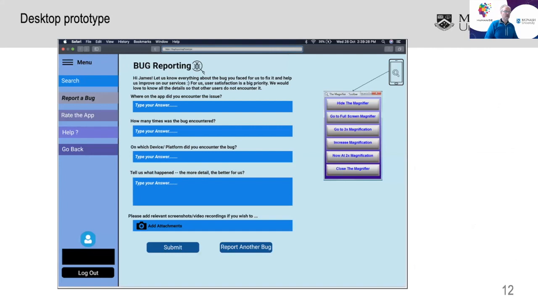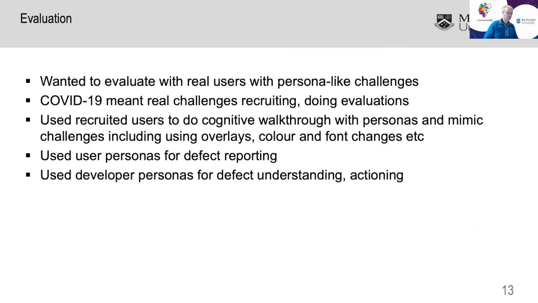Here's an example of a desktop prototype, again with a range of controls provided to allow the user to tailor the interface to their needs. We ideally wanted to evaluate our prototype with real end users, both developers and defect reporters. Unfortunately, COVID-19 meant we had a lot of challenges in recruiting people to carry out our evaluations and doing the